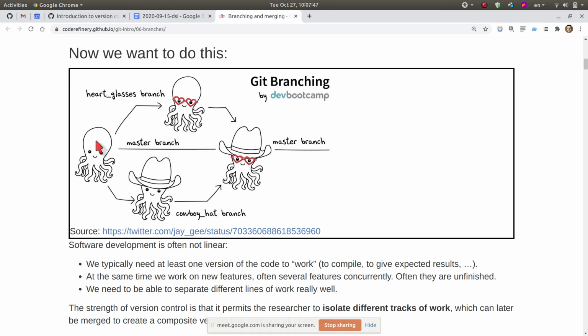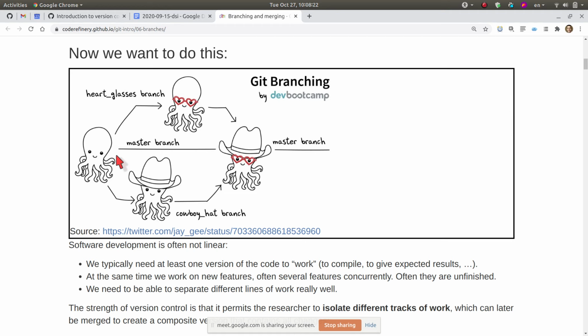The master branch continues to not have glasses, and at the same time someone else adds a new feature as well. They branch off master, and that's key. So the idea is always going to master, updating your local master branch with the changes on your remote master branch. And just to acknowledge the comment that Monica made: sometimes we find ourselves creating a pull request that has a bunch of commits that were already merged into master, and we don't know where they're coming from. Well, they come from having branched off